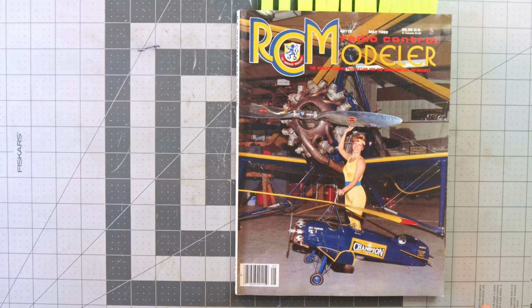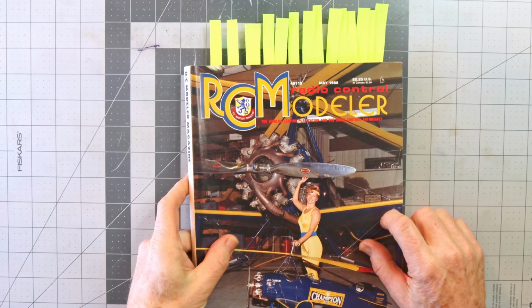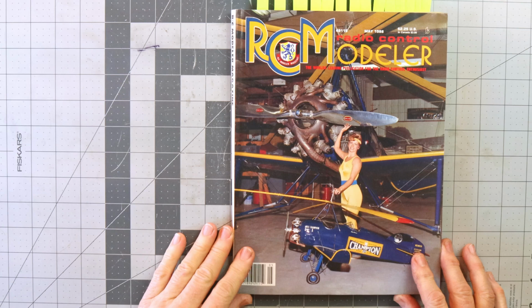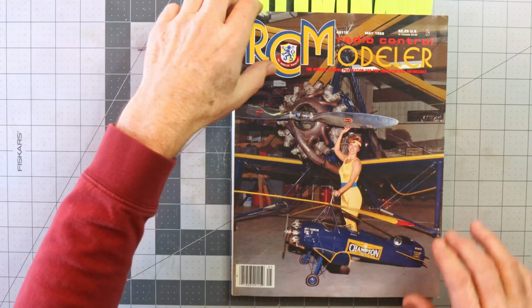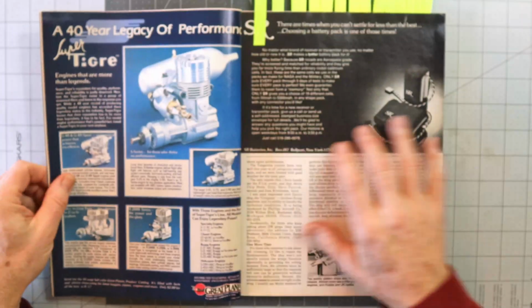Once again, this video will be in 4K, just not this part of it. Okay, RC Modeler magazine, May 1988. As you can see, I've got quite a few tabs on this, and as I just said, it's not necessarily going to be all the same thing. So with that said, let's get right into this. It looks like I've got enough sunlight coming in on this side that I don't need my other light. So, let's see. The first thing here is